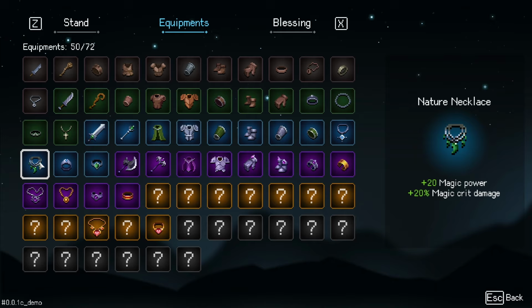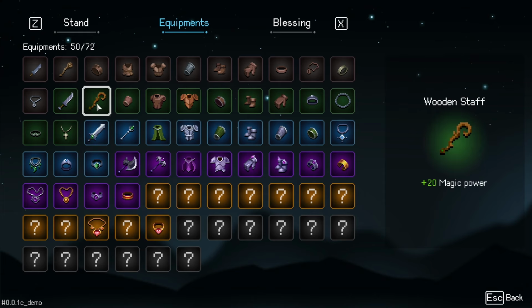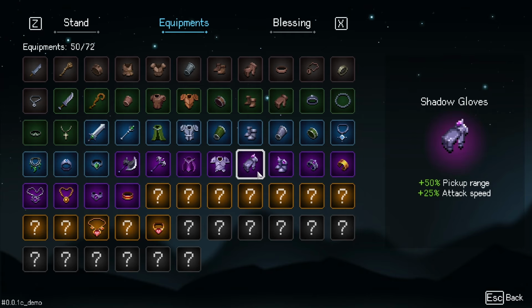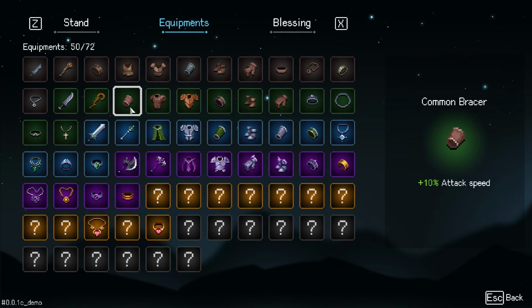If I had to guess, I would almost say that is not intended, because I haven't looked at this screen before and focused in on it, but now going through the list, you clearly have a line from dagger to broadsword to steel battle axe to whatever this is. You clearly have a line from wooden staff to nature staff to arcane staff to whatever this is. You clearly have a line from common bracer to nature's gauntlets to one of these, probably the shadow bracelet, right? Or actually, this one's kind of an oddball,